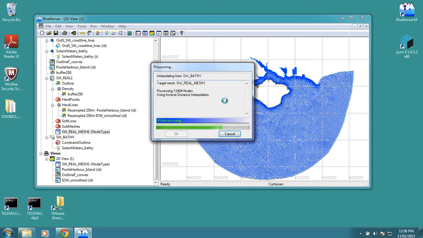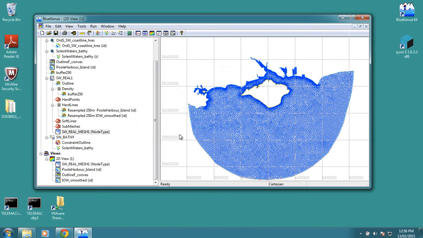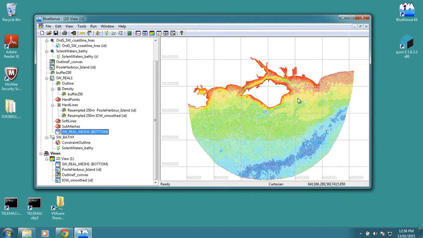When you've got an extremely dense mesh, like the mesh I generated for Australia, which I'll show you in one of the lectures, this actually took almost 3 or 4 days to just interpolate onto the mesh. I had so many grid nodes. So again, the faster your computer, the better. Okay, so we're done. When we click OK, now you can see each of the nodes has bathymetry